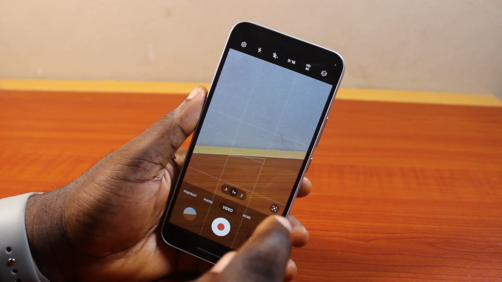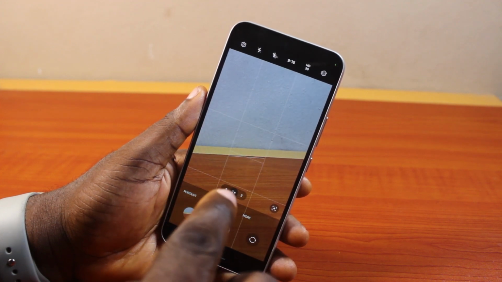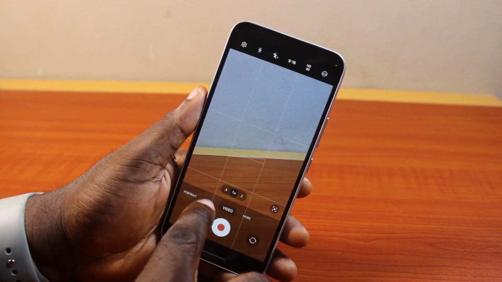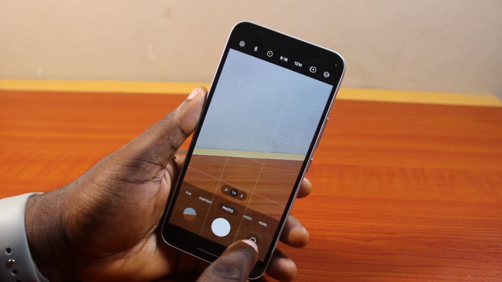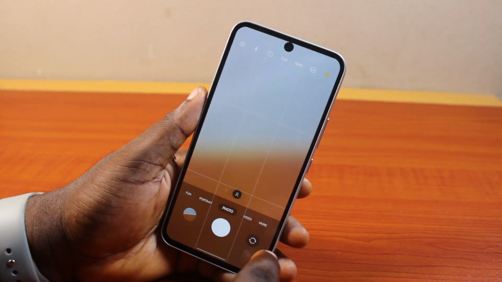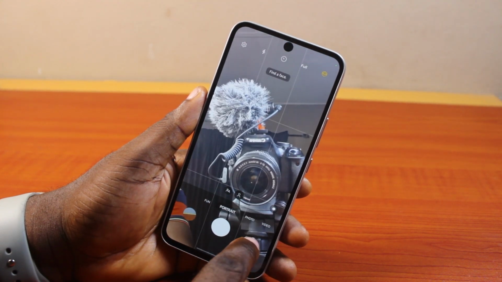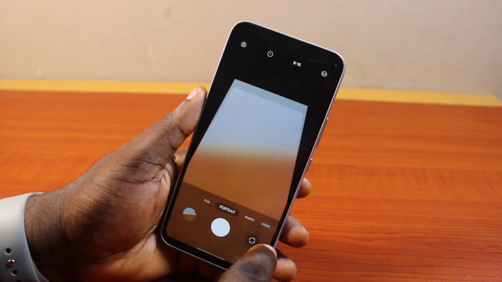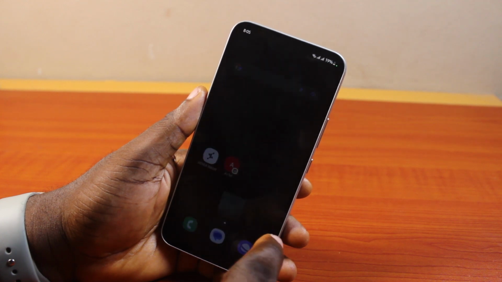Now, if you want to flip the camera while using the photo feature on your Samsung phone camera, just select photo, then click on this flip icon to flip the camera from rear camera to front camera. You can also use this on portrait. So you see that? So that is basically how to change